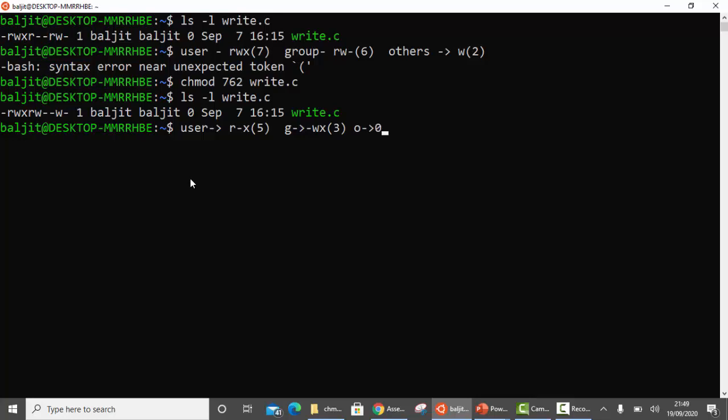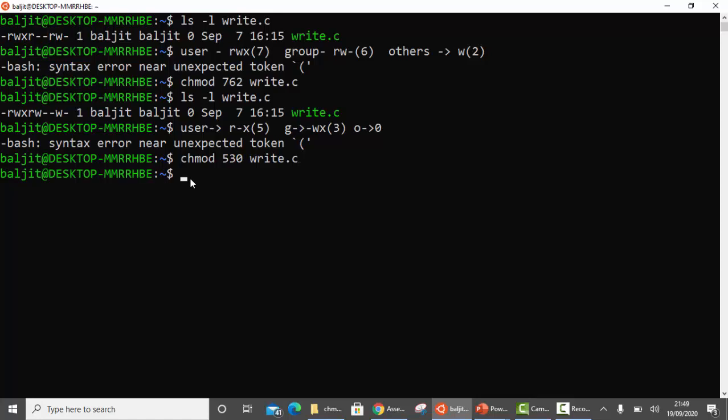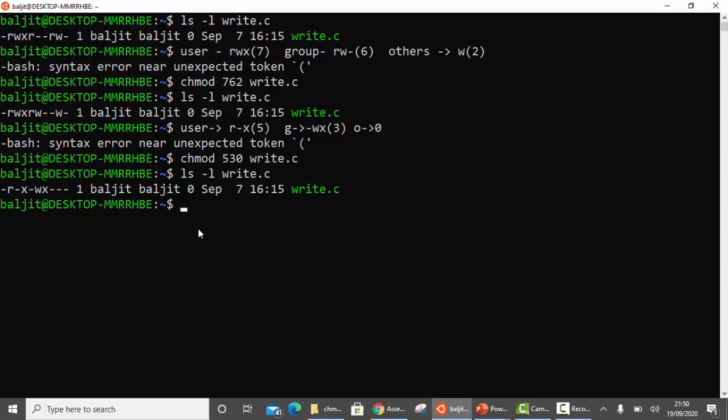None means 0. So I will write chmod 530 on the file write.c. Check the permissions again. You can see read and execute for the user, write and execute for the group, and none for others. The same goes for directories, absolutely no change.